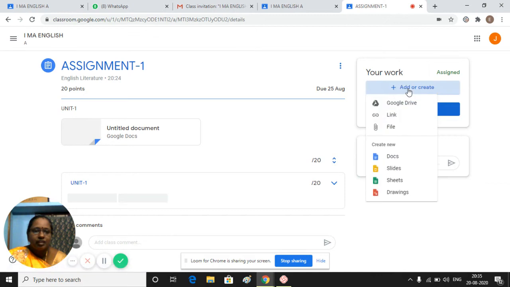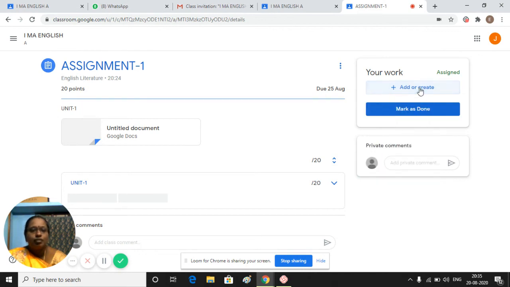Here is the add option, click the add option. What are the ways that the students can submit their assignment? Through a link, through a file, documents, even PowerPoint. Through PowerPoint also they can submit the assignment, and by drawings also. In mobile there is an additional option, in mobile alone, not PC: video and photo, those two options are available. Then if finished, ask them to take a photo and ask them to add.